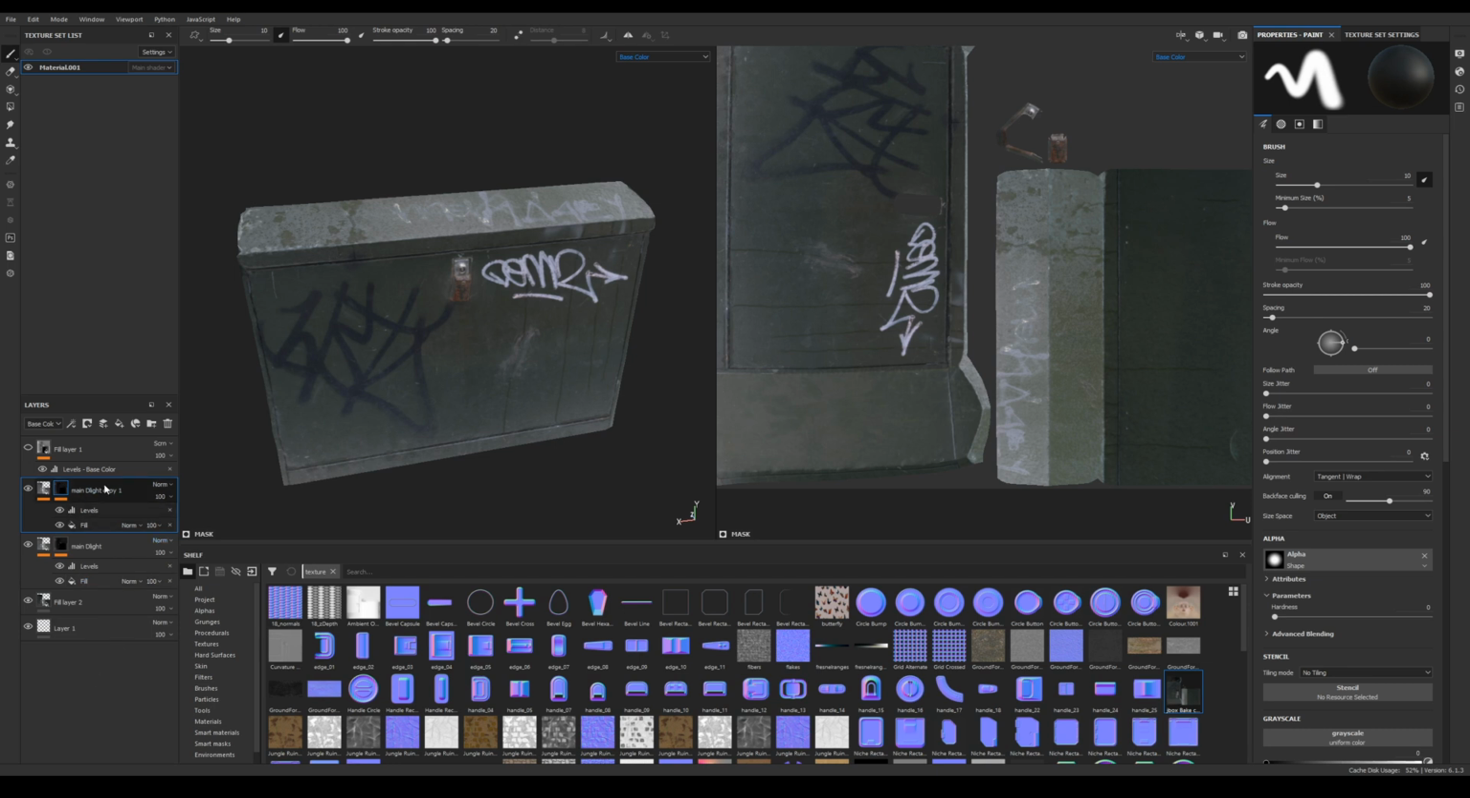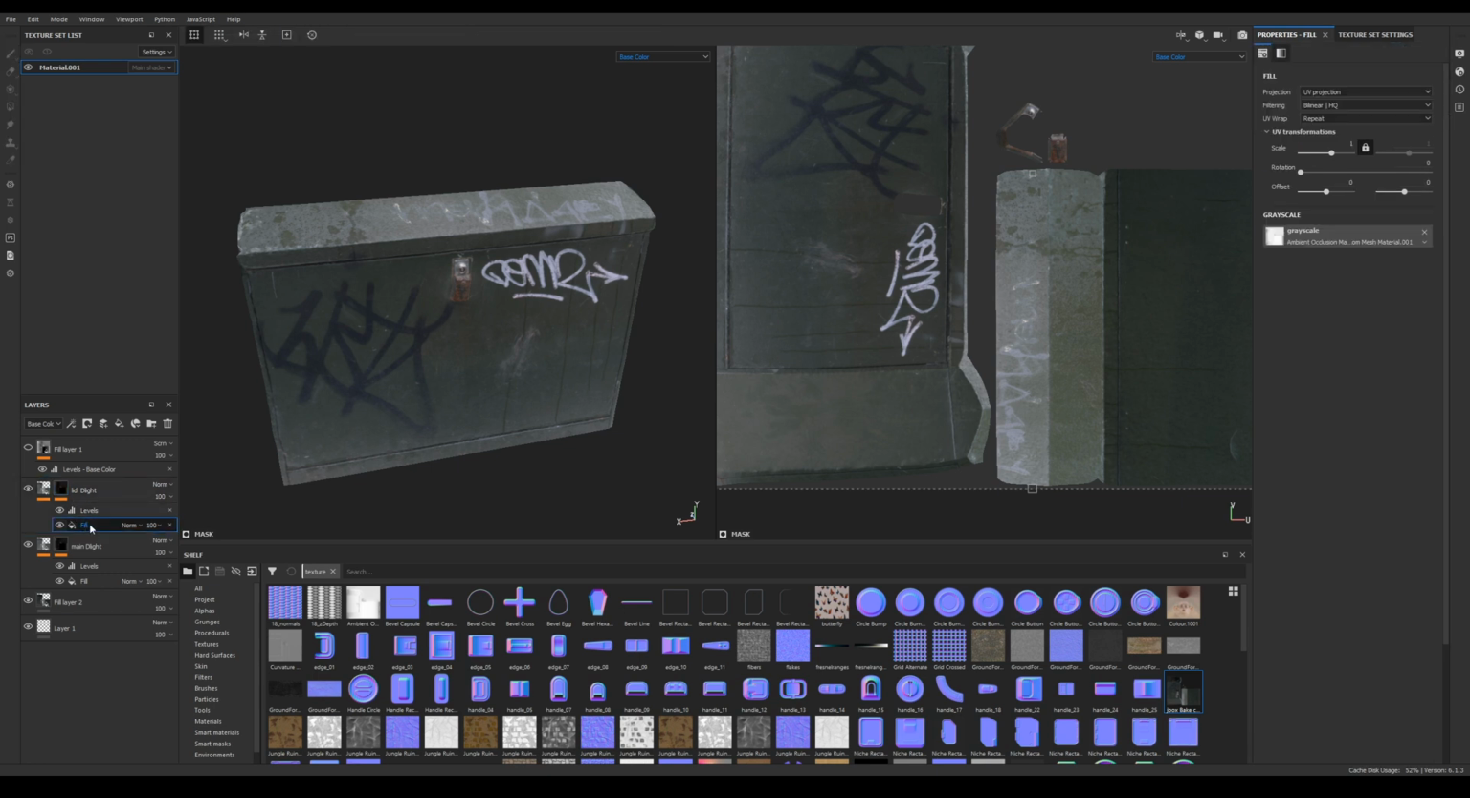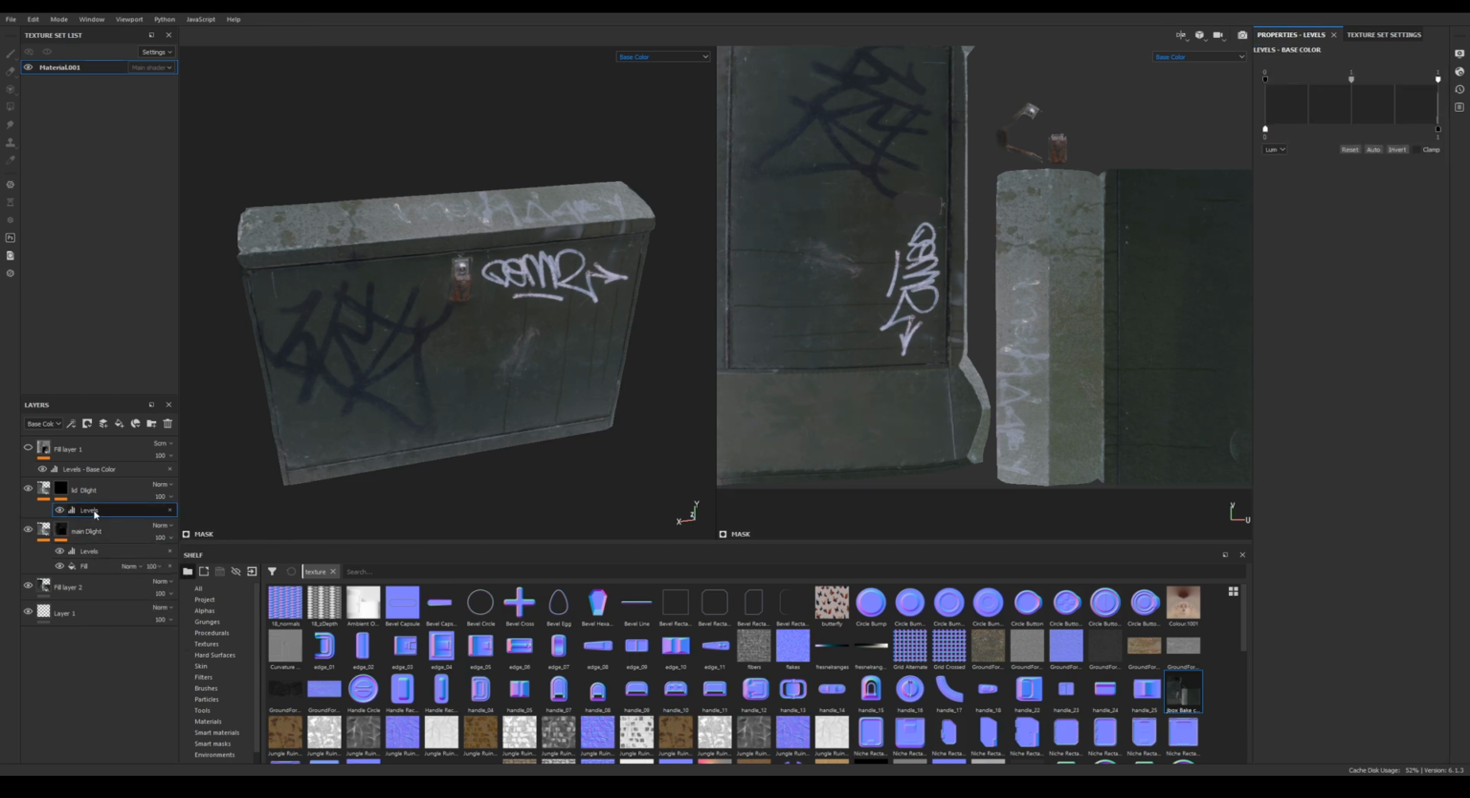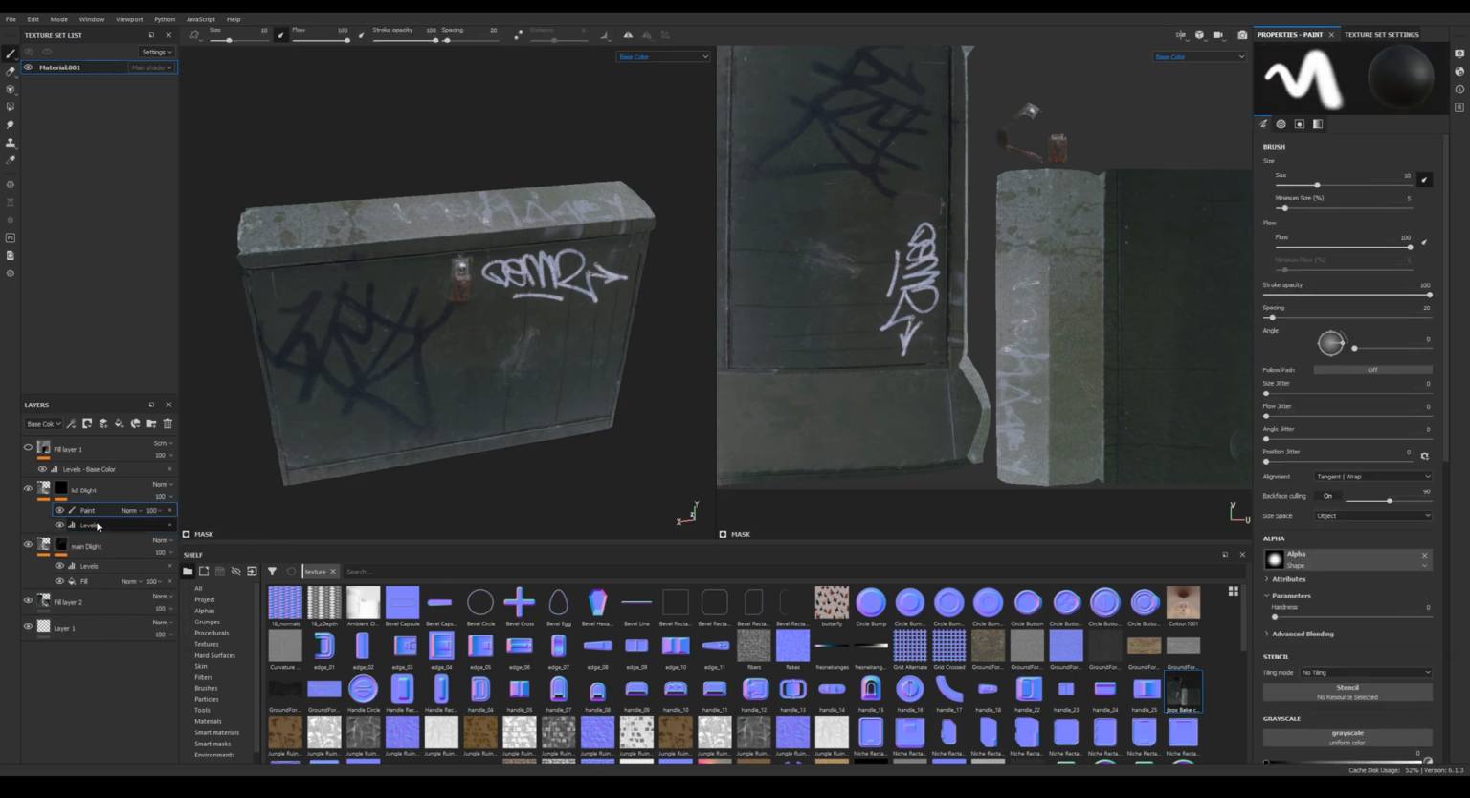Duplicate that and call it lid delight. Now we can simply change the mask. In this case, I'm going to paint a quick mask. So I'm going to remove that, add a paint, probably remove the, oh no, that's fine, paint a mask onto that. So